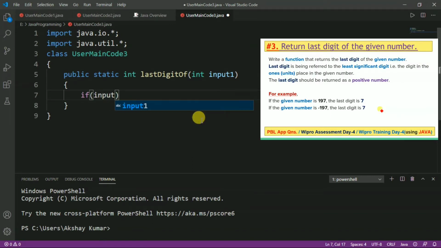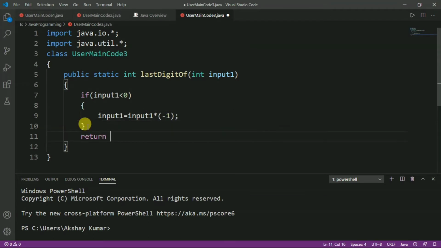If input1 is less than 0, means if our input is a negative number, then we will multiply input1 by minus 1. So, it becomes positive, and we will store it into input1. After that, we will return the last digit, that is input1 modulus 10. It will return the last digit of the given number.